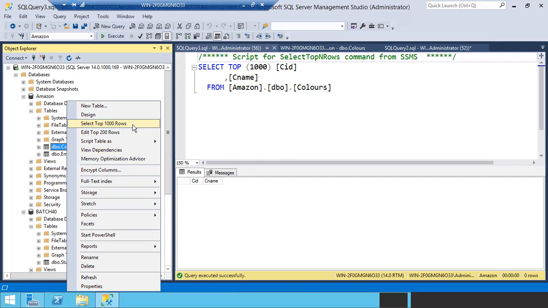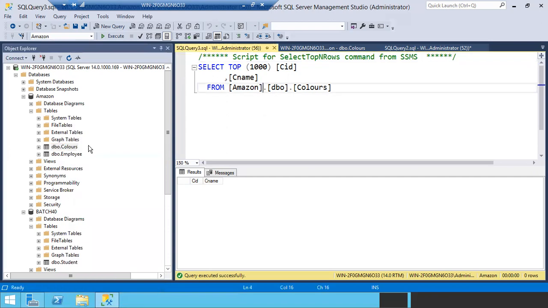Okay? So you're clearly selecting select top 1000 rows, so it will only pull the first 1000 rows. It won't pull the remaining 99,000 rows. Okay. So in case you are confident that this table has fewer than 1000 values, then you can go like this, select top 1000 rows, or simply you can go select star from table name. It will pull all the records.